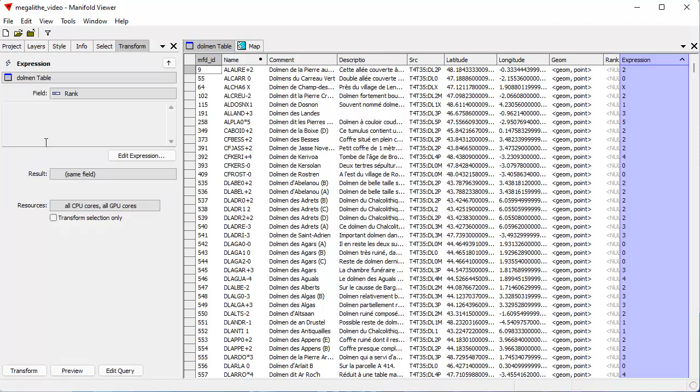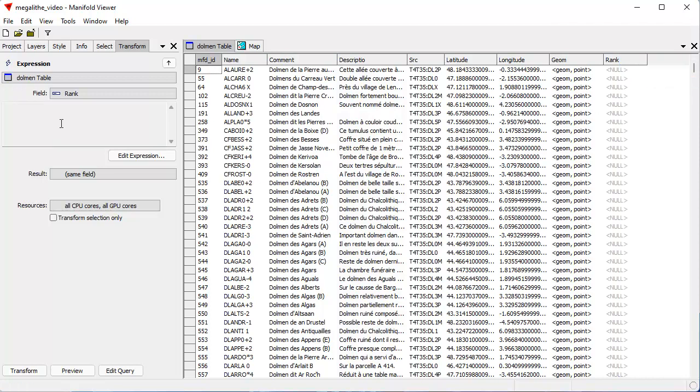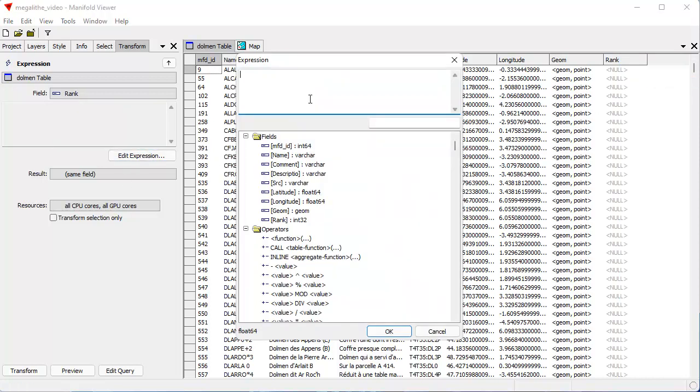And for the rank field, I'm also going to use an expression. I can turn off this preview, hide preview. For the rank field, I also want to use an expression. So that expression is going to be something like this. That gets us the last character, but that's now a character. So what I need to do is cast that character using the cast function, if you're familiar with casts in various programs. So I want to cast that last character as an int